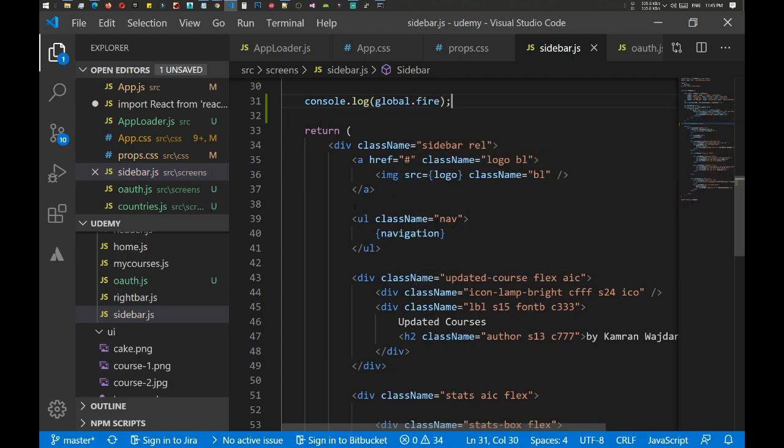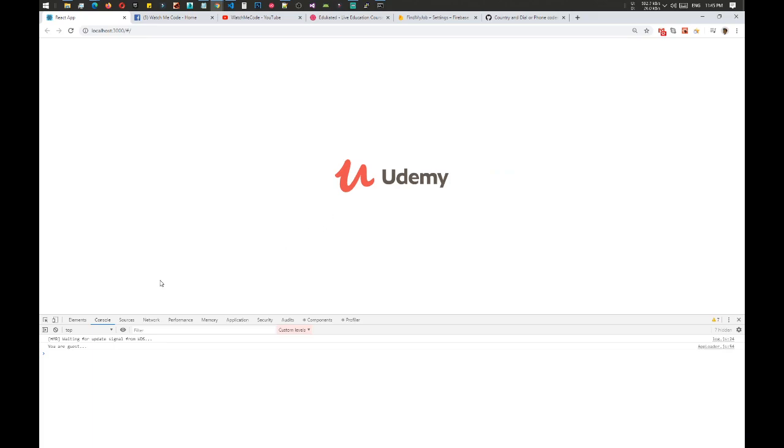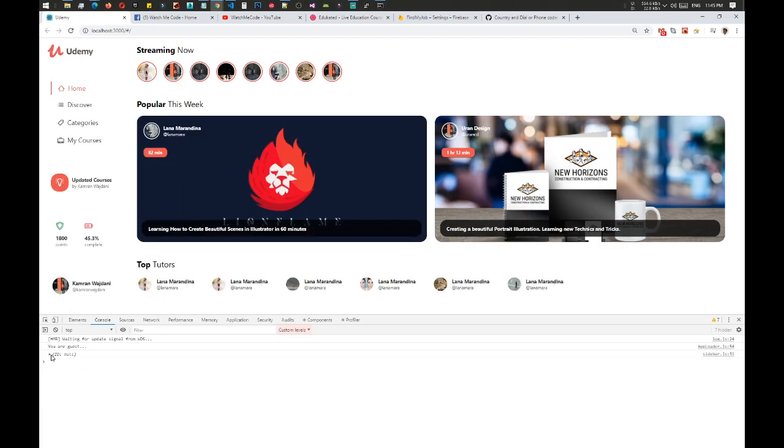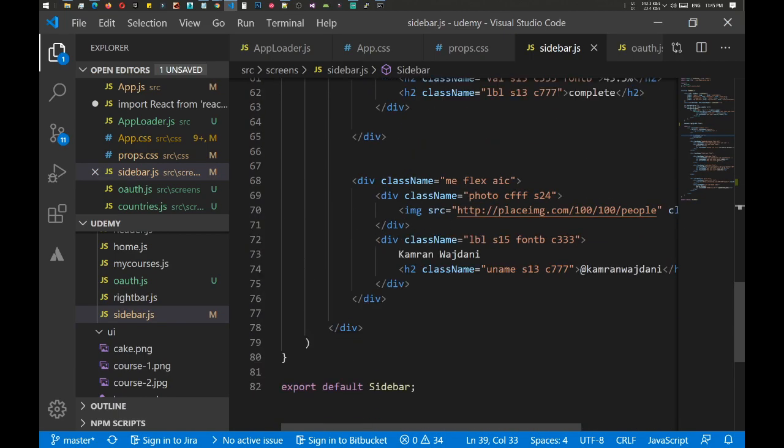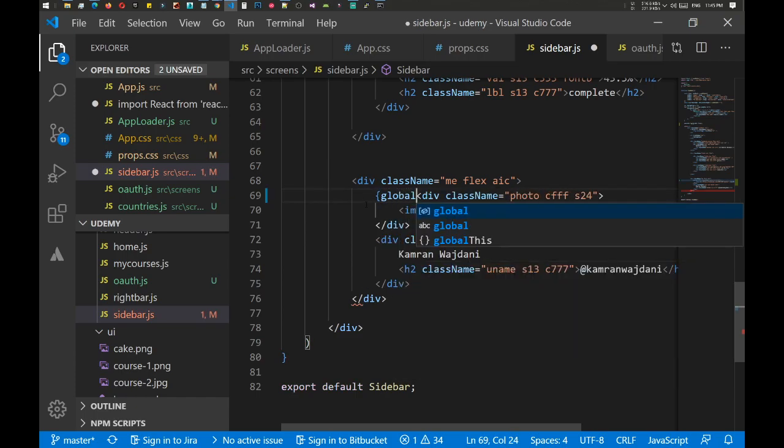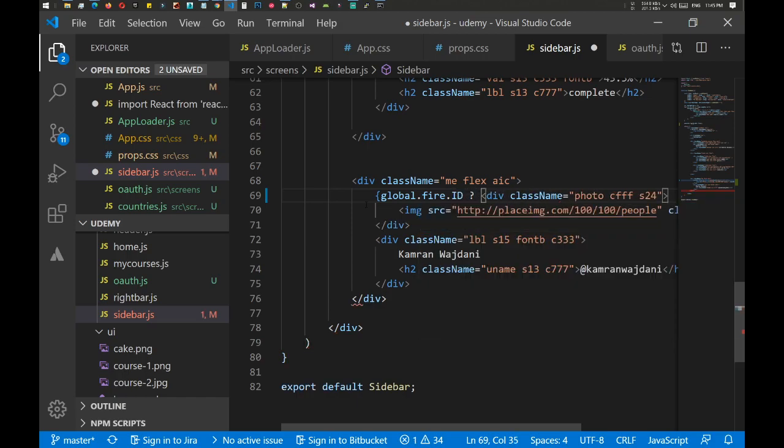Great. Now we need to inside sidebar, let's add global.fire. Let's save it, and here we have the ID, and the ID is null, and if the ID is null, then we need to simply add global.fire.id, then we have this one. Otherwise we need to add